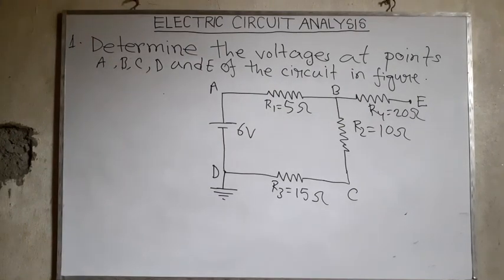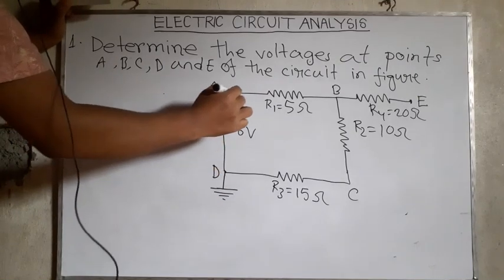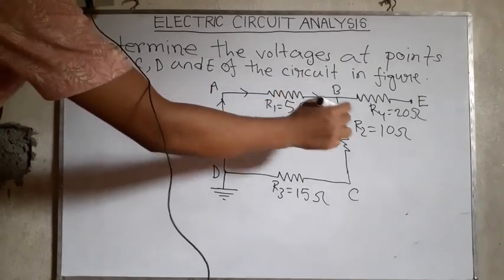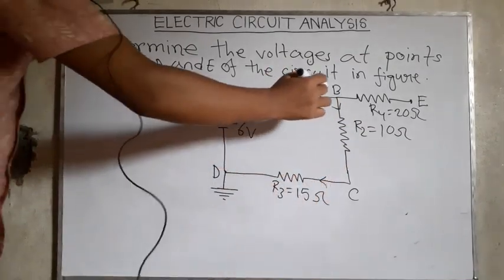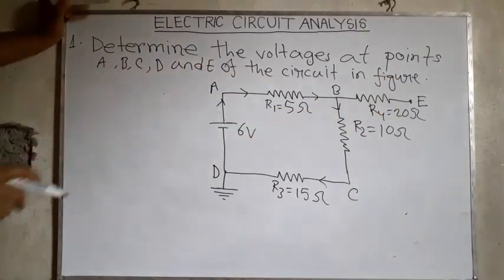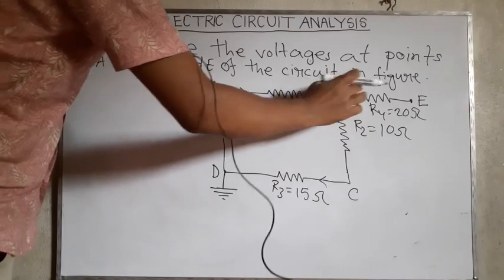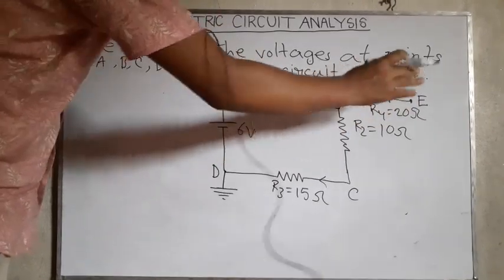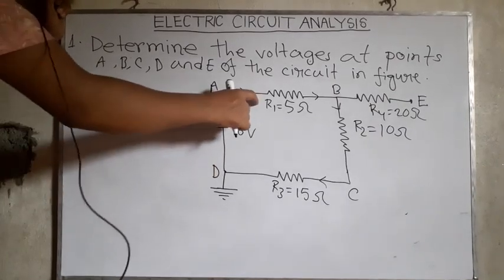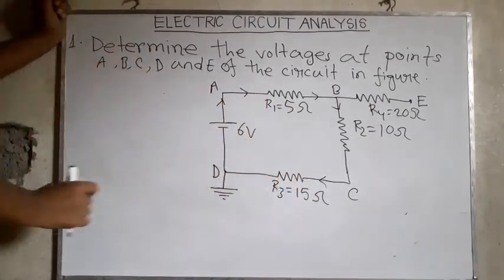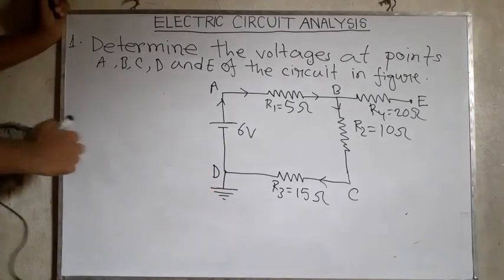Current is flowing through this path. From B to E there is no current flow because the circuit is open here. Therefore, only current flows through resistances R1, R2 and R3. At point D, D is connected with the earth. Therefore, at D